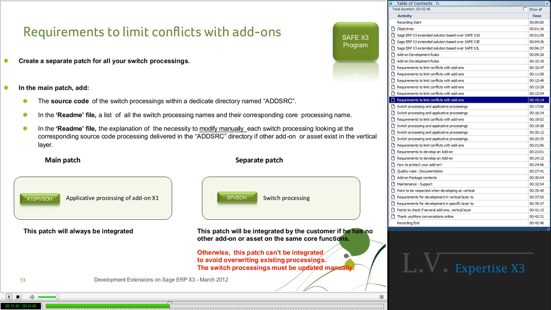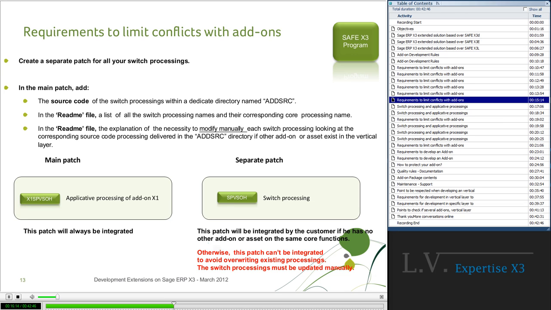First, create a separate patch for all your switch processings, and then this patch will be integrated by the customer if he has no other add-on or asset on the same core function. Otherwise, this patch can't be integrated, to avoid overwriting existing processings. The switch processing must be updated manually.